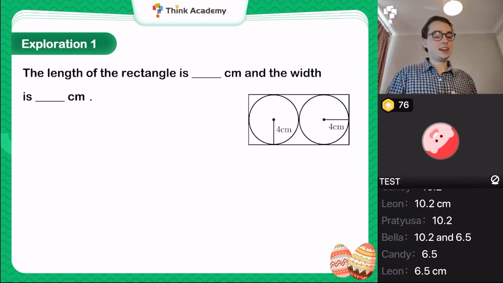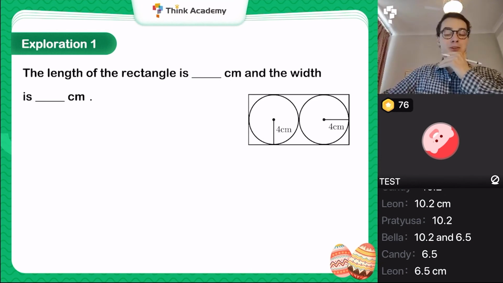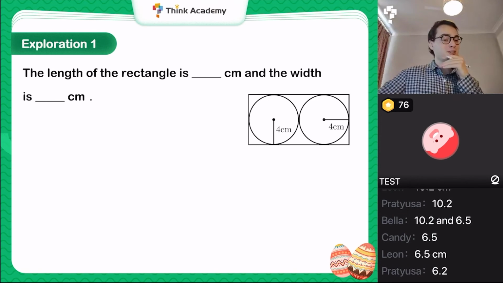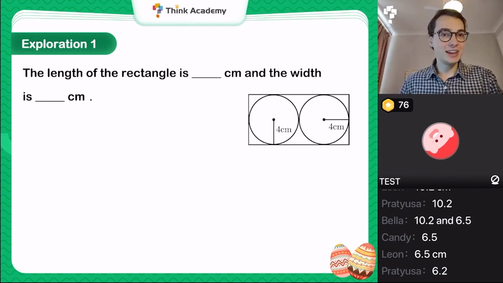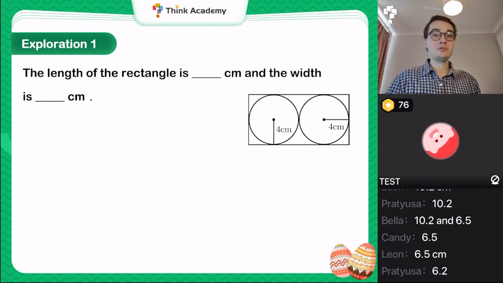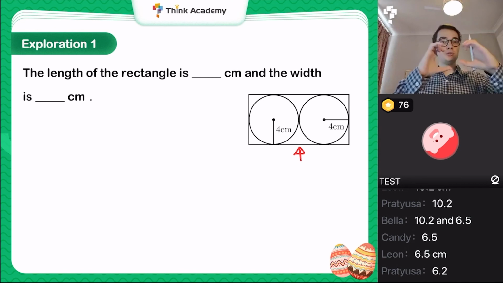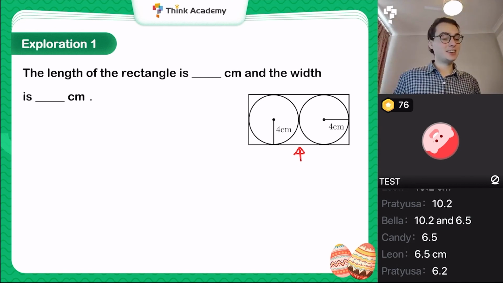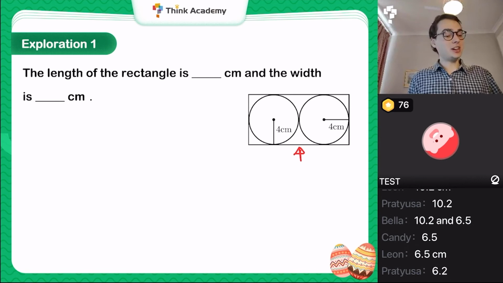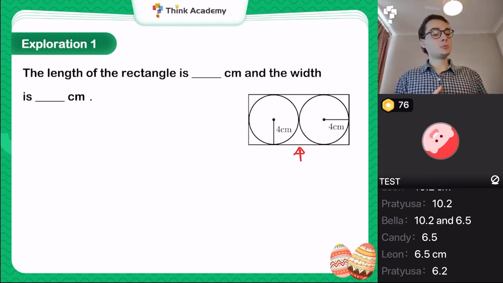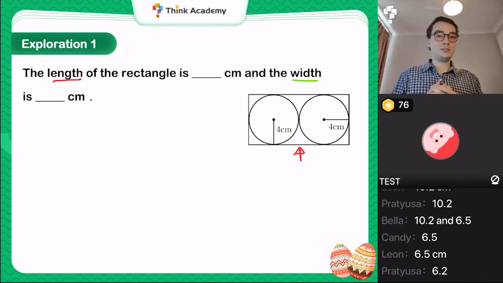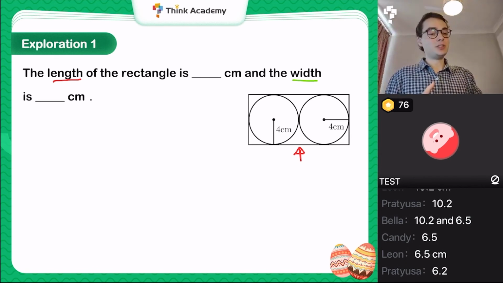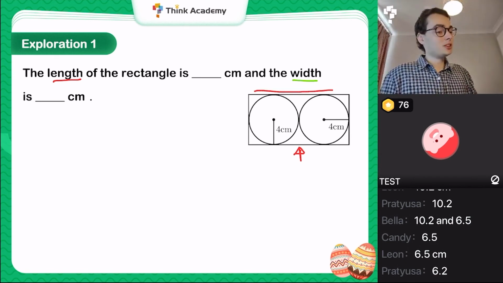Okay, excellent. So now that we're happy with that, the diameter is always just twice the radius, we're going to look at some slightly more complicated questions. So this diagram I've got here, those of you who can see, we've got a rectangle with 2 circles just fit snugly inside it. Again, we can see the radius of the circles is 4 centimeters. That's been labeled on for us. And we want to find out what the length of the rectangle is and also what the width of the rectangle is. Okay, so if we start with the length of the rectangle, so going all the way across,